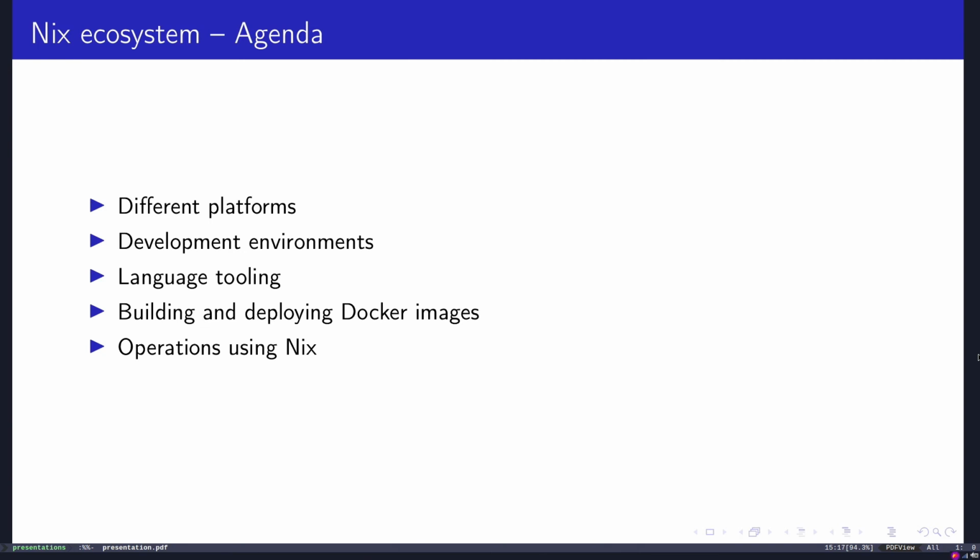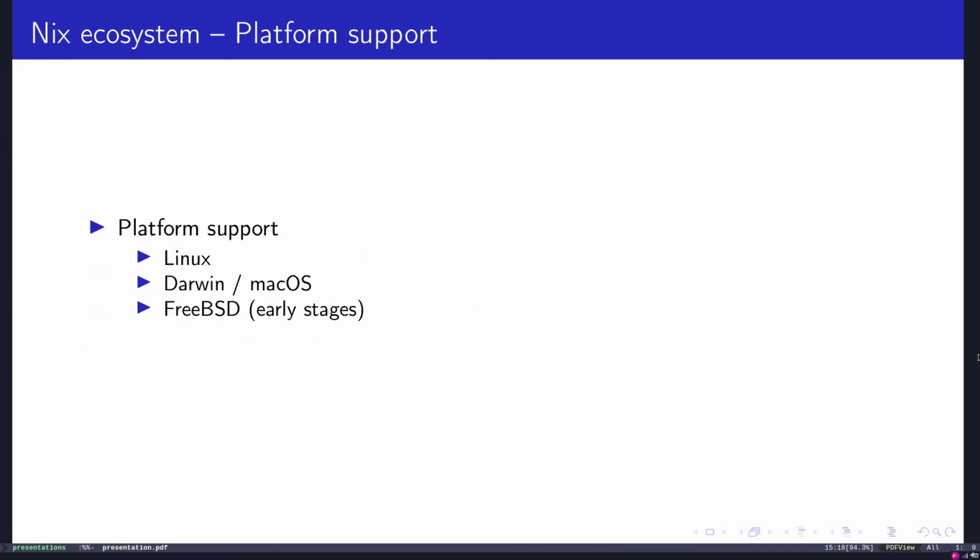I'm not going to deep dive in those topics, but I'm going to mention bits of it. So different platforms. Nix as a package manager runs on Linux, Darwin, and early stages on FreeBSD.